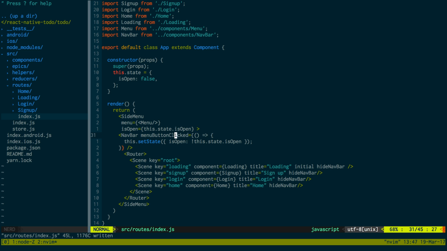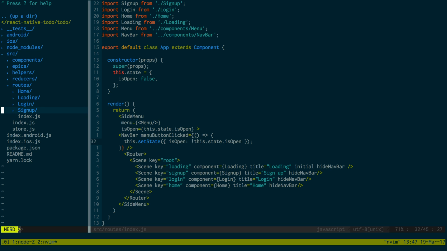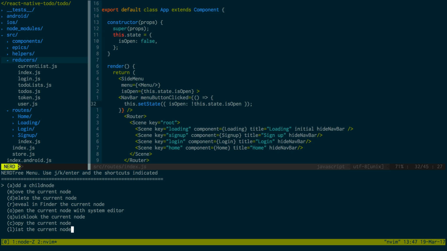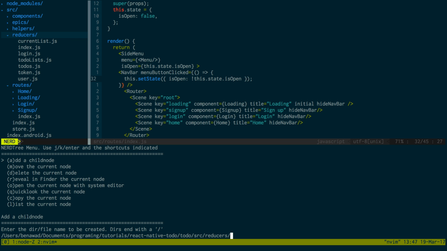Right now we have this nav bar. And actually I think a nav bar is the best way to do it. Or not nav bar, putting this in a reducer. So I can give this a reducer of its own. So this is going to be drawer open